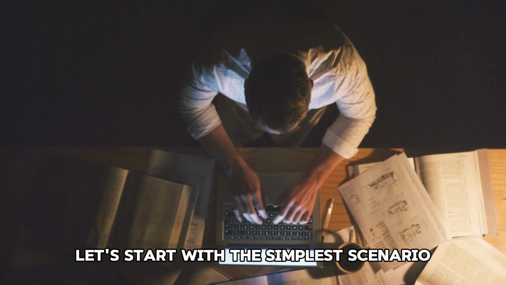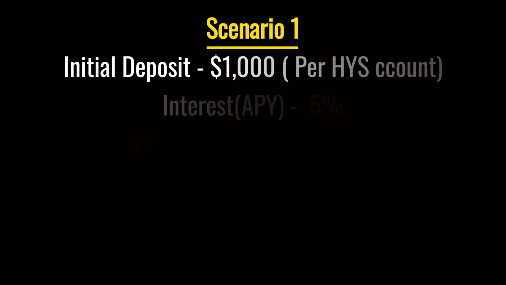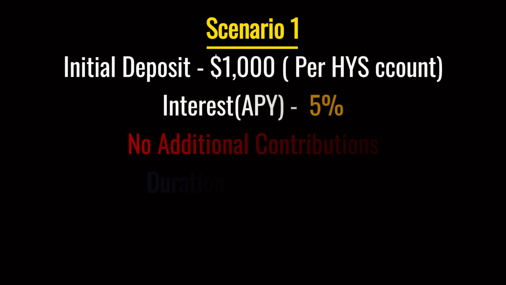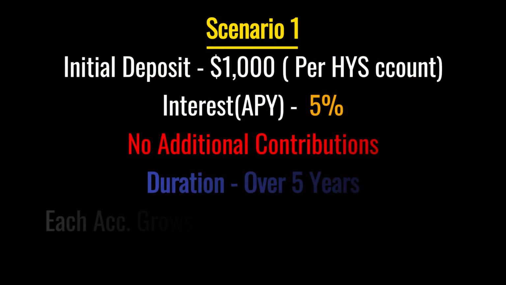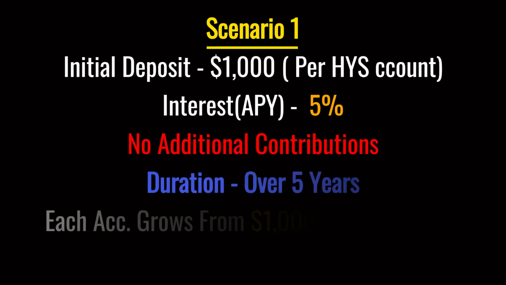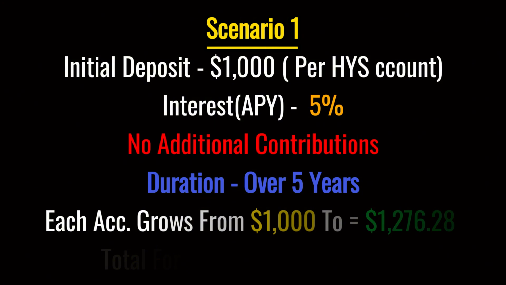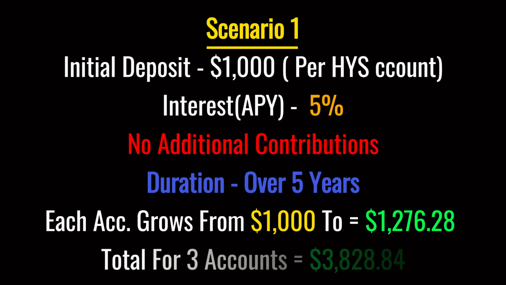Let's start with the simplest scenario: an initial deposit of $1,000 in each of the three high-yield savings accounts, and no additional contributions beyond that. In this case, you're only relying on the power of compounding interest to grow your initial savings. Over the next 5 years, your savings will grow, but by the end of the 5 years, each account will have grown from $1,000 to approximately $1,276.28, and all the three accounts' total amount will be